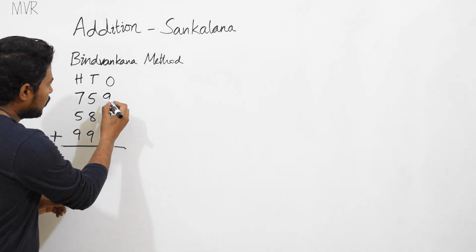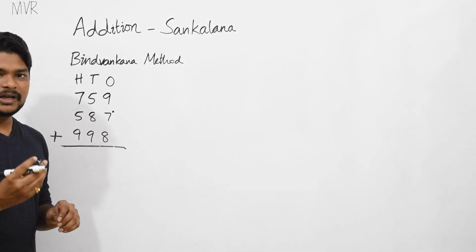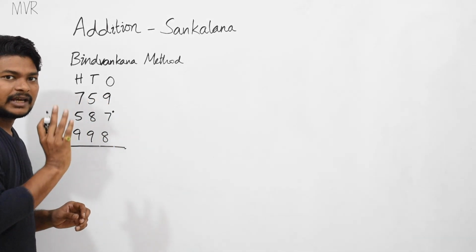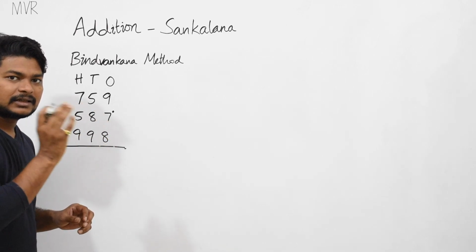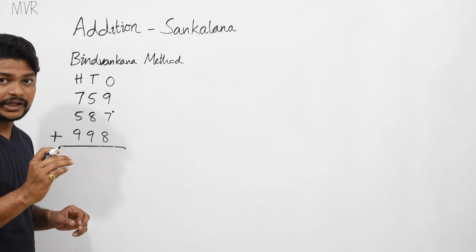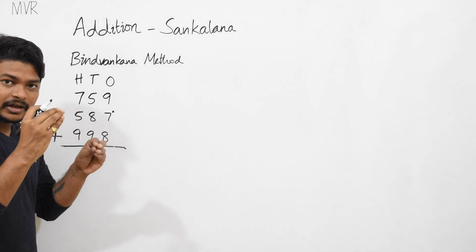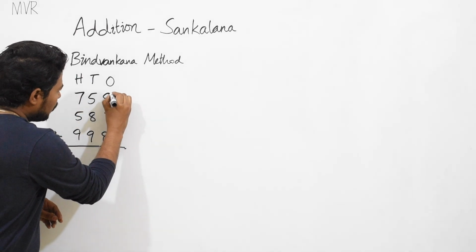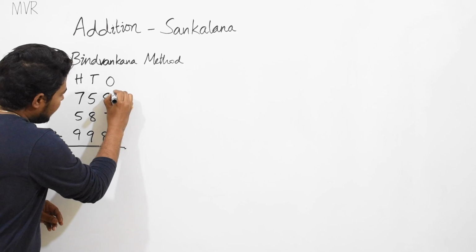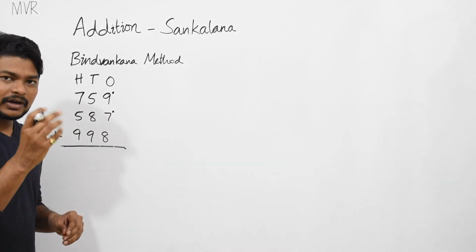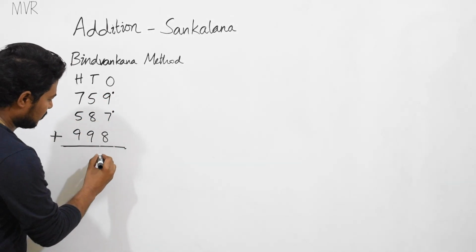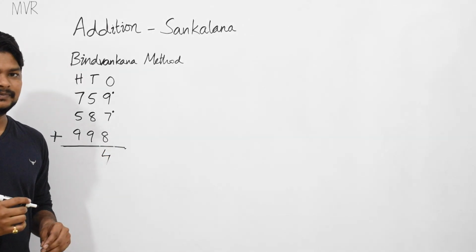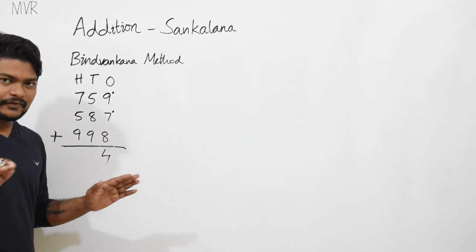That 5 you add with the 9. The unit place you add with the 9. 5 plus 9 how much? 14. 14 at that point also it is crossing the 10. So you need to put the dot above 9. Then what is the left value? 4. You write here. Understand? This is the first step.